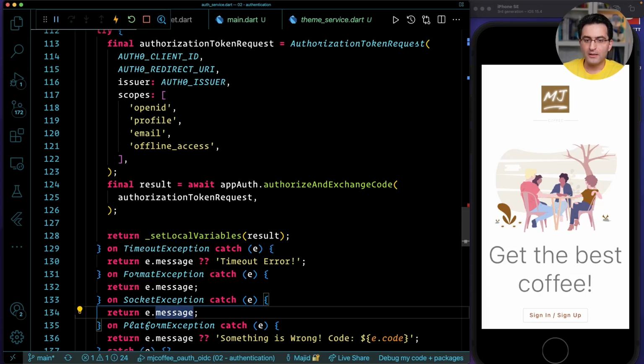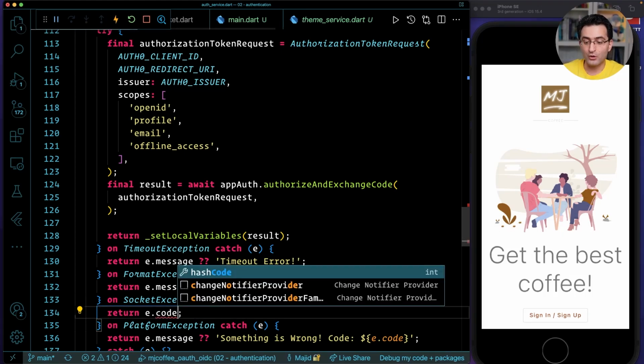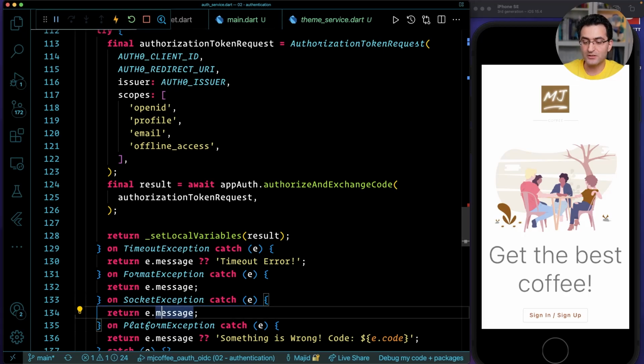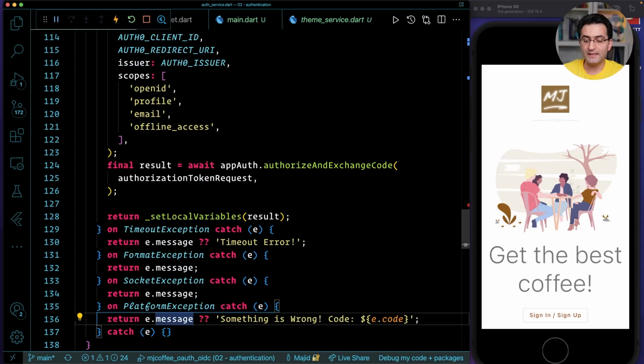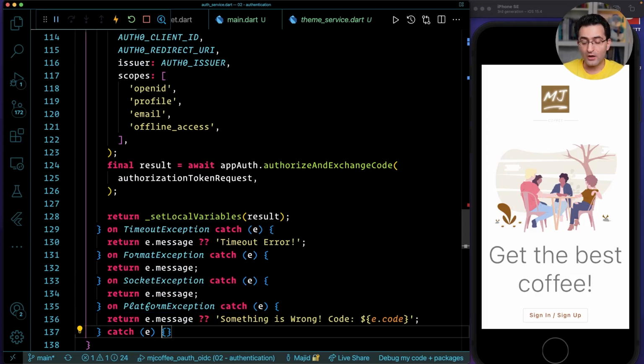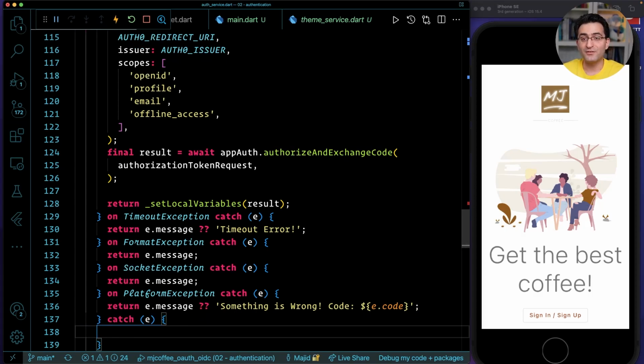It's just giving you some idea here. So now I have this also. Well, maybe in this case, let's say I also accept messages here. That's very good. So I have all of this right now. And what if there is an error out of these four, like timeout, format, socket? Well, okay, then there is something that I don't expect. It's terribly wrong, right? Then I can return, let's say, I don't know,